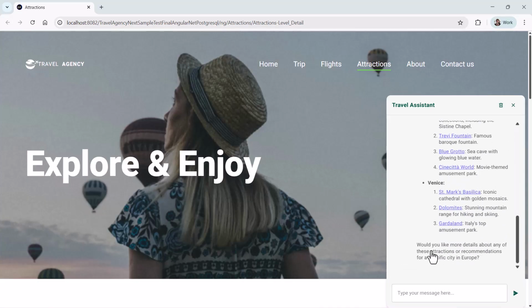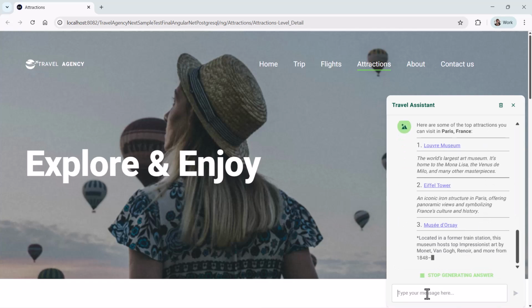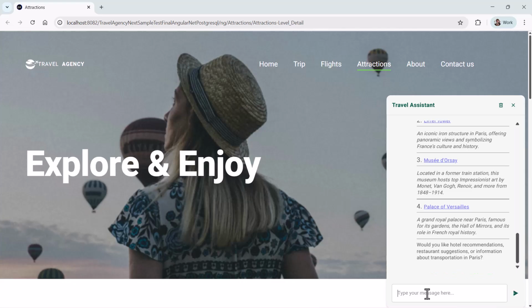Of course, as with any of these chats, the conversation is maintained as long as it is not cleaned up. I can, for example, ask you only for Paris, without making it clear that I am talking about attractions. This allows us to combine both worlds, the information from the internet and that of the context of this application. For example, we don't currently have hotel or restaurant or transportation information in the app, but it is on the internet. So I could tell you,